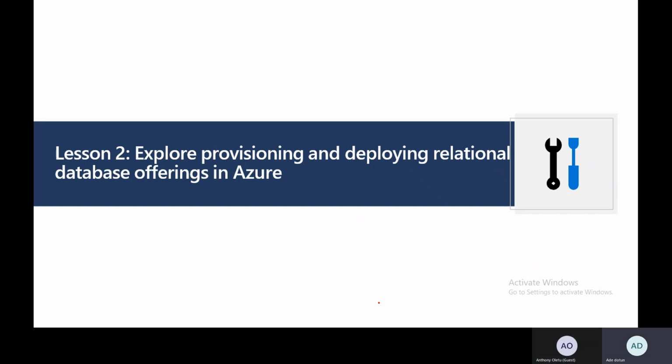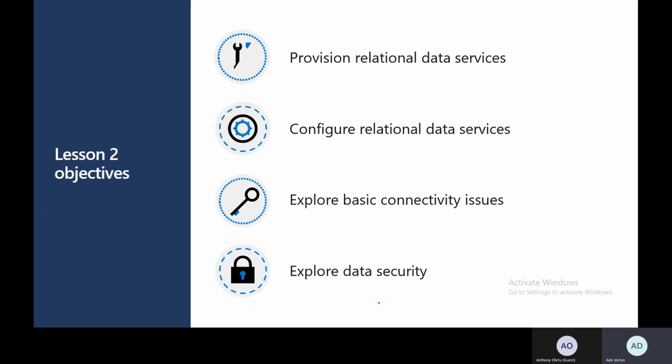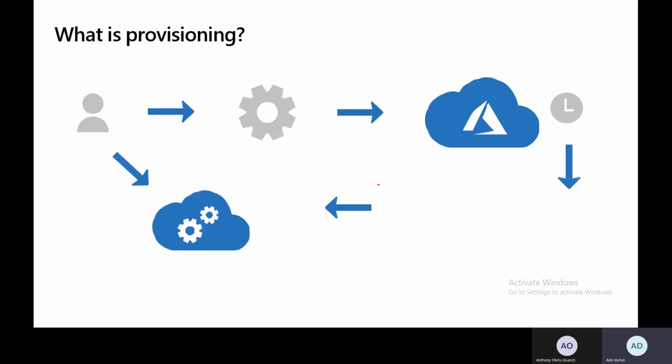Okay, so we explore provisioning and deploying a relational database offering. How do we deploy it? We provision the relational database, configure it, and then explore the basic connectivity. This diagram just shows how a user will go to Azure and then try to deploy